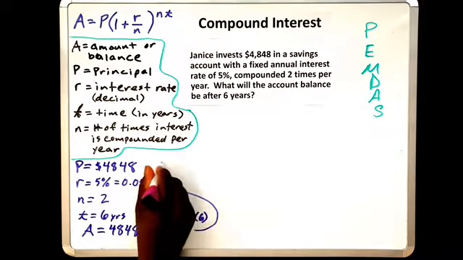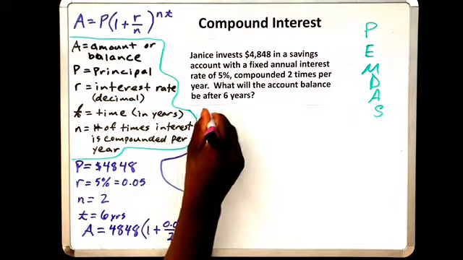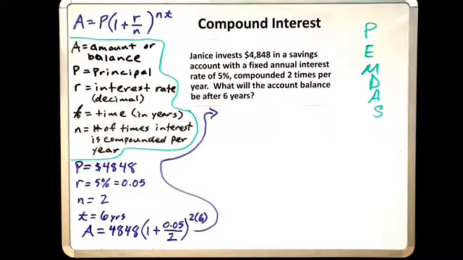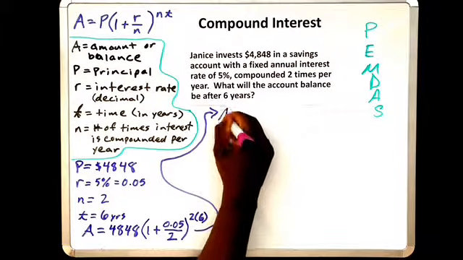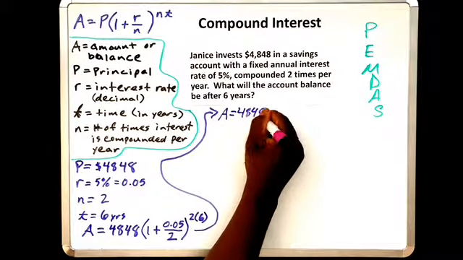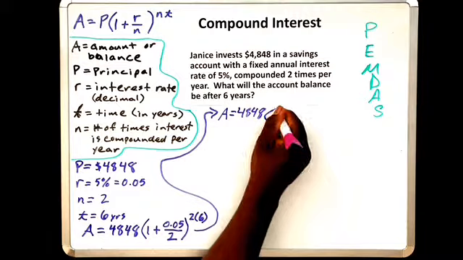So I'm just going to bring the math up here for the next step, because we're going to have to now perform order of operations. Notice we have parentheses, we have division, we have exponents and multiplication and addition. Now, according to PEMDAS, we do what's in parentheses first. So we're going to rewrite this now. I'm going to say A is equal to, I'm going to keep 4,848, and that is times,